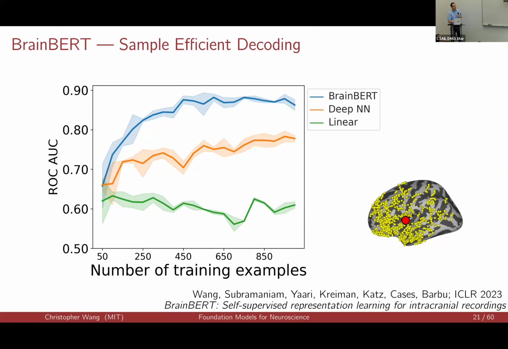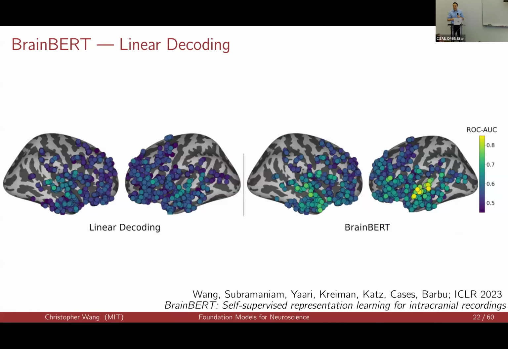So this is one example electrode. This is the decoding across the whole brain. And what's immediately apparent is the value of using the right decoder. So on the left, decoding from the raw features, you can maybe get a vague sense of what is decodable where, but that picture only comes into sharp relief after you're getting decoding scores in the range of 0.7, 0.9, and you can really then localize with high confidence, okay, this word onset task is being done in these specific regions of superior temporal gyrus.